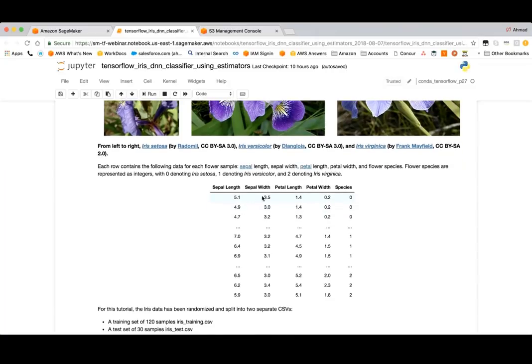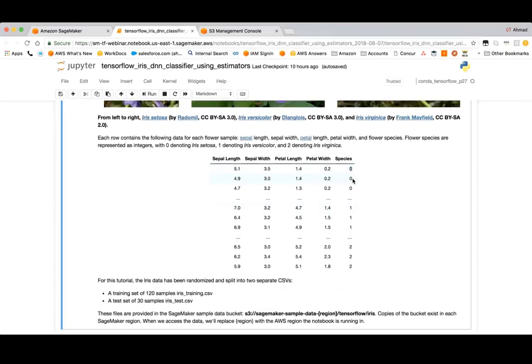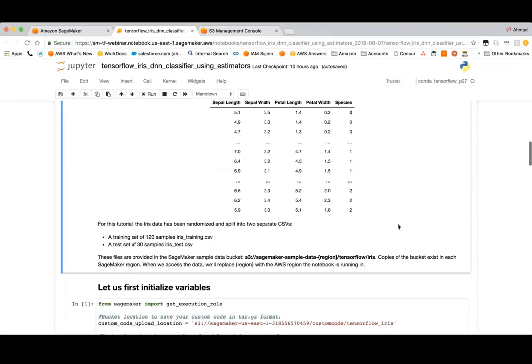And so we have the length and width of the sepal, we have the length and width of the petal, and then this is our label or the species. The three species are represented by 0, 1, and 2. And once we are done training, during the inference, we will be provided these 4 values, and we're gonna try and predict the species, right? If you look at it, there are 120 samples in the training bit and 30 samples in the test section